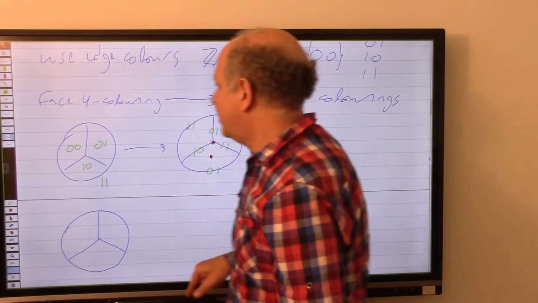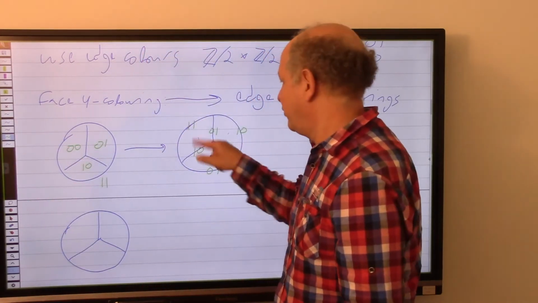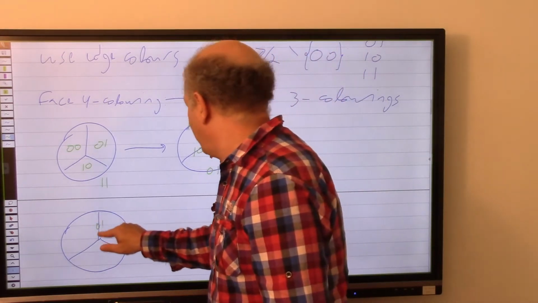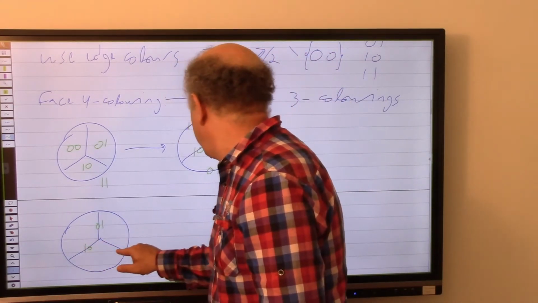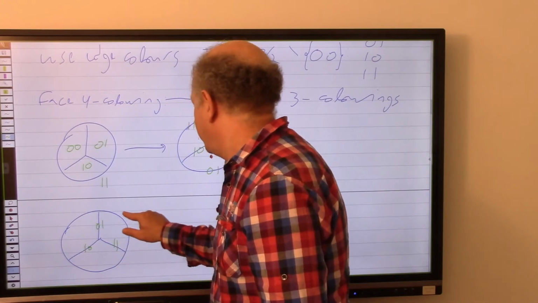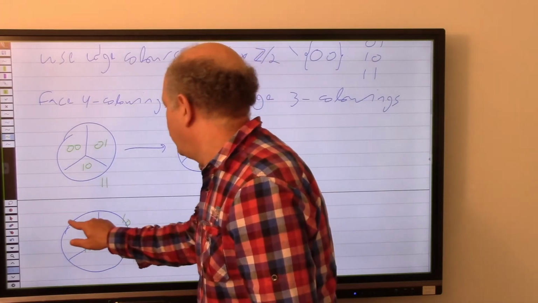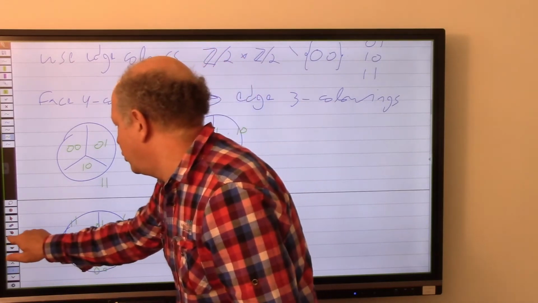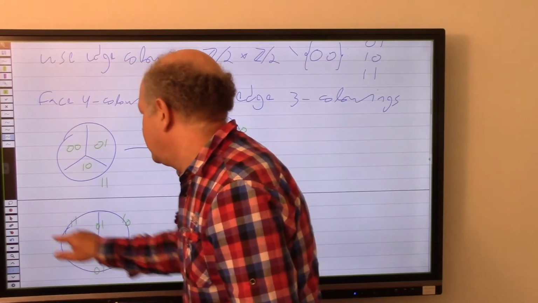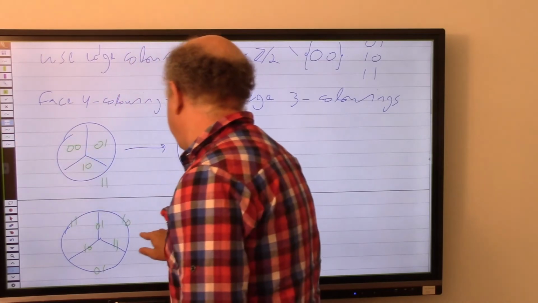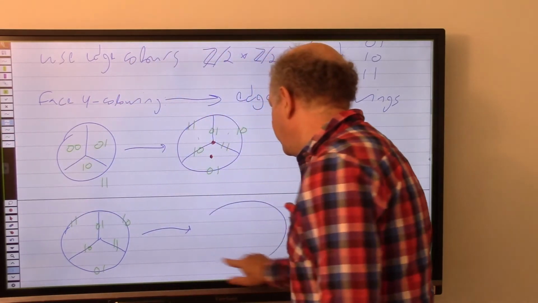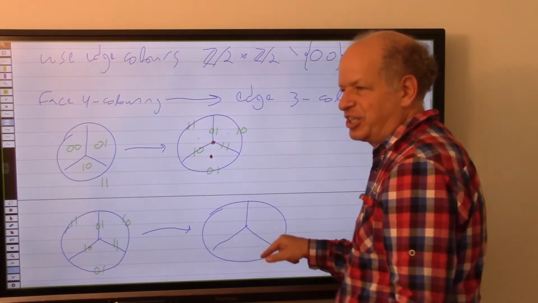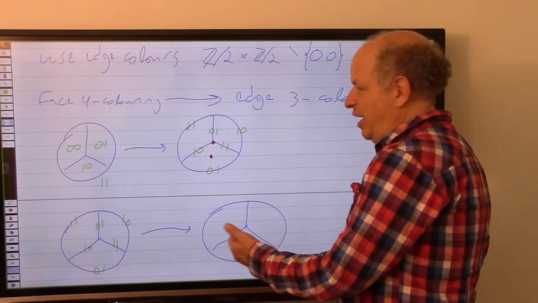So let's take, I'm not going to be creative, I'll just copy the edge coloring from here. So 0, 1, 1, 0, 1, 1, 1, 0, 1, 1, and 0, 1. So how do I color the faces so that the differences will be as